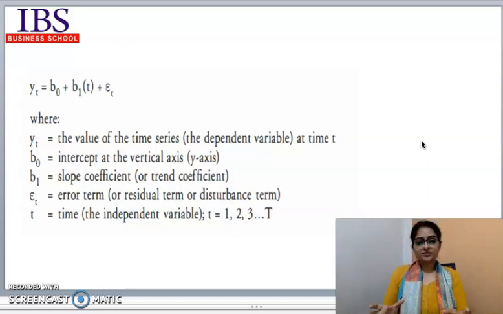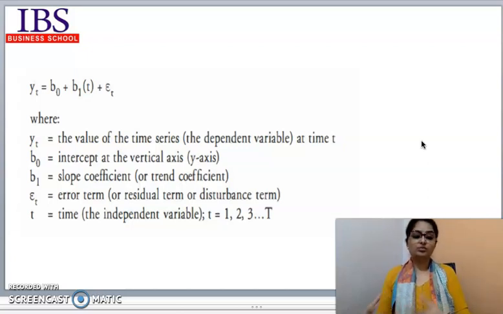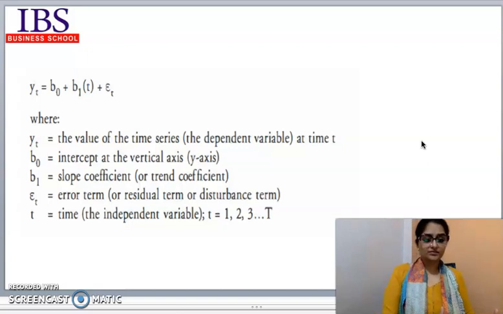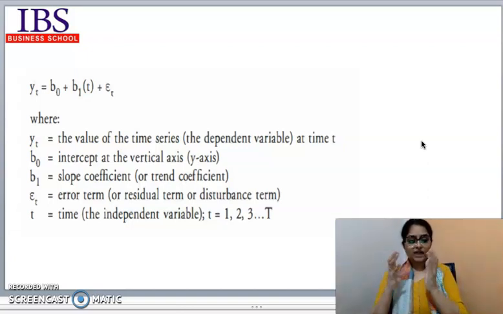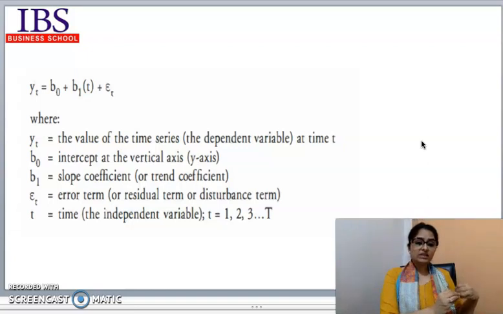In the subsequent sessions, I will tell you what gives strength to error and what gives strength to the model. But for now, we should understand that your error should be white noise. Your time series plots, the data points, should not be white noise. Your error should not be left with some signals. Rather, everything should be captured in your stock prices. If that is not the case, maybe univariate time series analysis is not the right method.